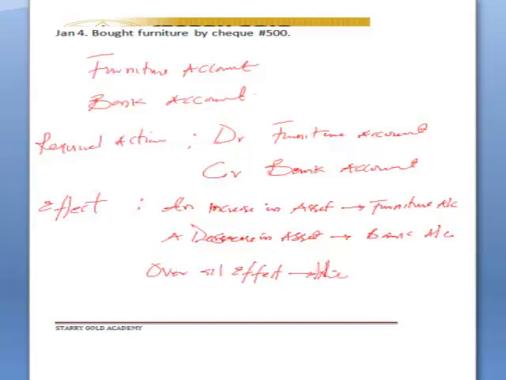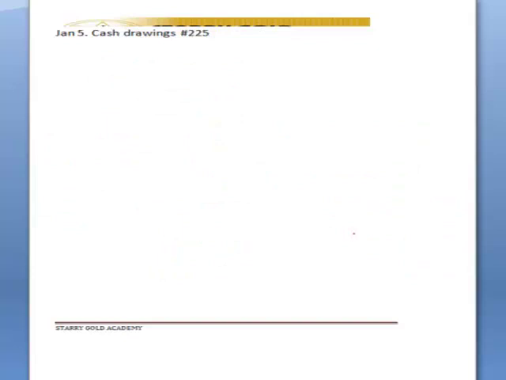In overall, there is no effect. Do you know why? The transactions involved are in both classes. So there is no increase. The overall effect is that there is no effect on the financial statement, because the two items that are involved, furniture account and bank account, are in the same class of elements. Okay, so the next we need to look at is